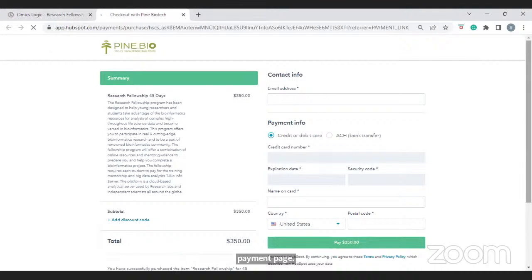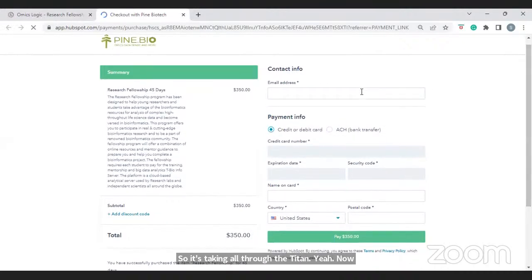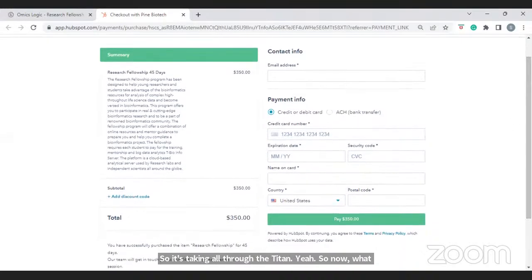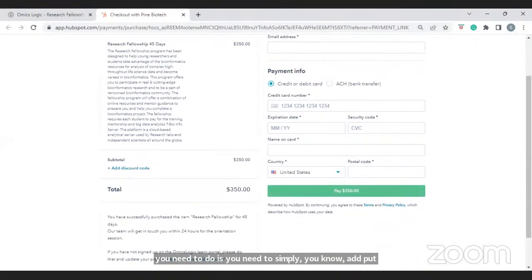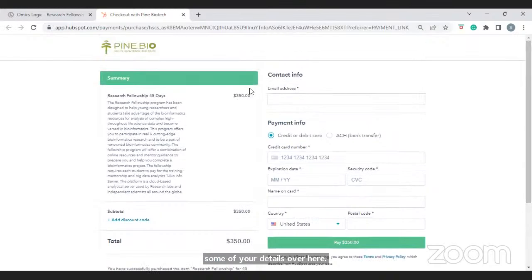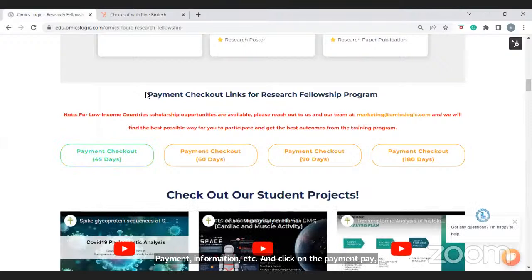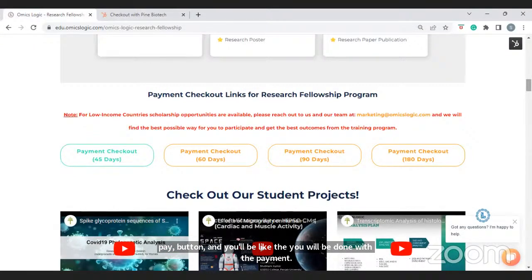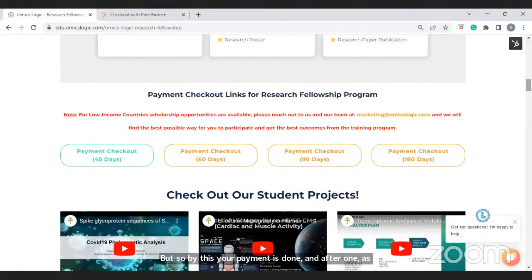So now what you need to do is put in some of your details over here, payment information, etc., and click on the pay button, and you will be done with the payment part. So by this, your payment is done, and once your payment is done, we'll be organizing an orientation session for you where we'll be navigating you through both the platforms, that is the OmicsLogic Learn portal and the T-BioInfo Server,